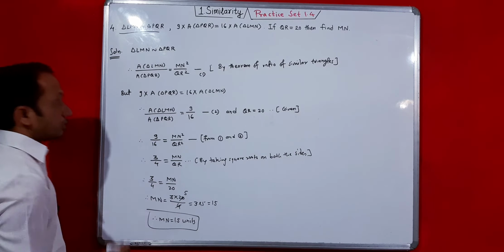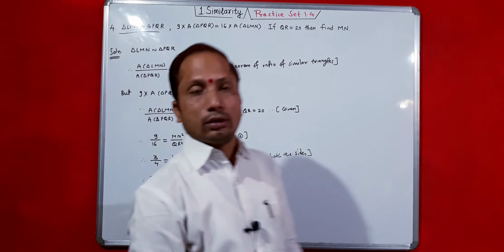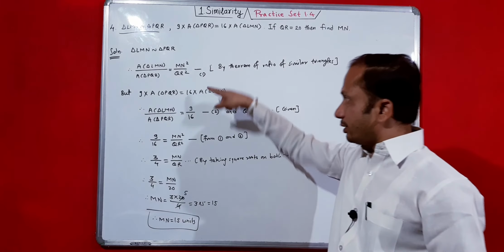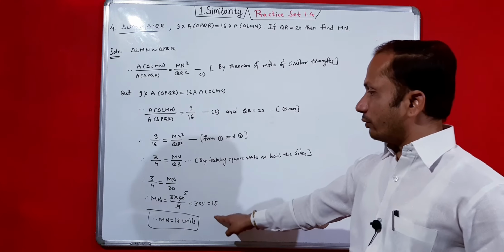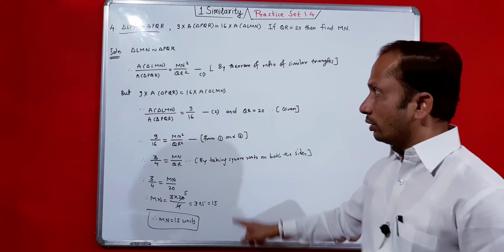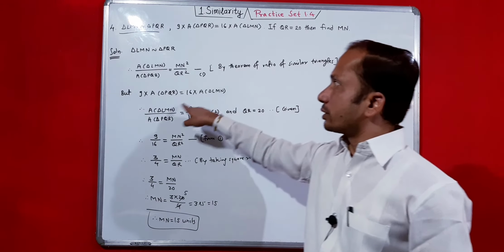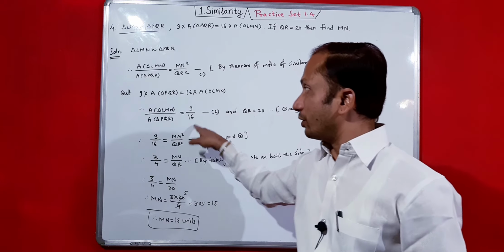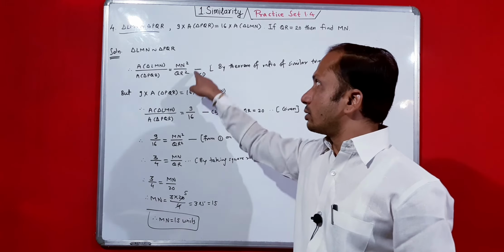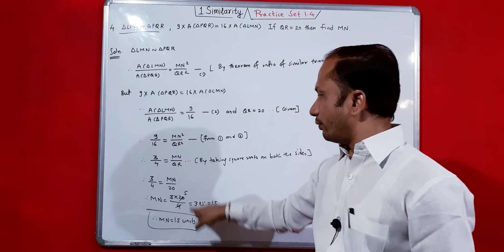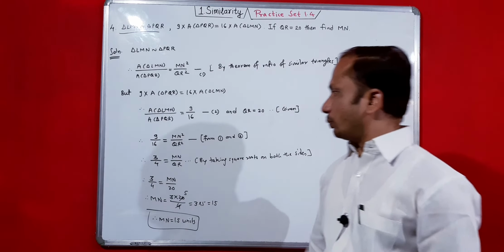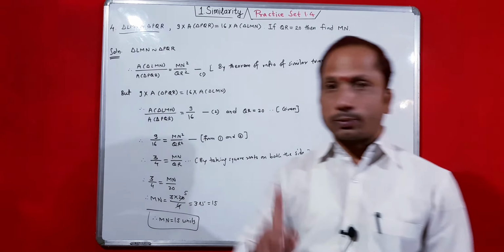But one thing you must do: when you rearrange all these things, arrange them in the particular way only. Then only you will get the correct solution. Don't make a mistake. This PQR we have taken to this side, so 16 will go to this side. Only this arrangement should be correct. Then from 1 and 2, take the square root, put the values and do the calculation. Okay, this is problem number 4.